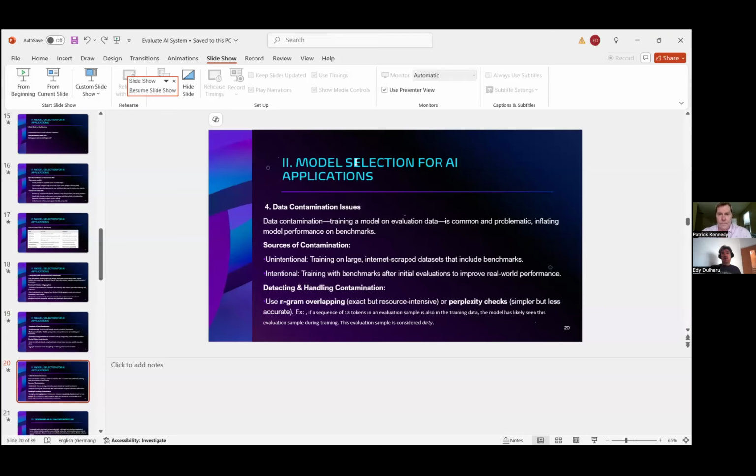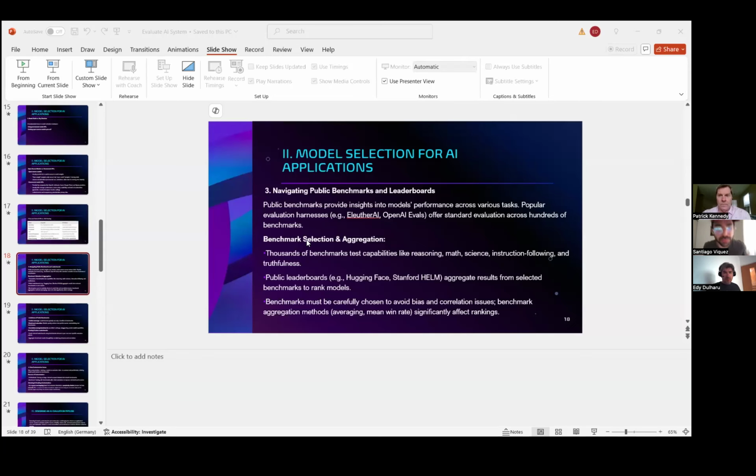No, it's still on 20. Actually, we don't see the presentation. We see the software itself, the editor. Sorry, let me stop a little bit. In the beginning, we saw the slides. Can you see page 18? Yes, page 18, yeah.